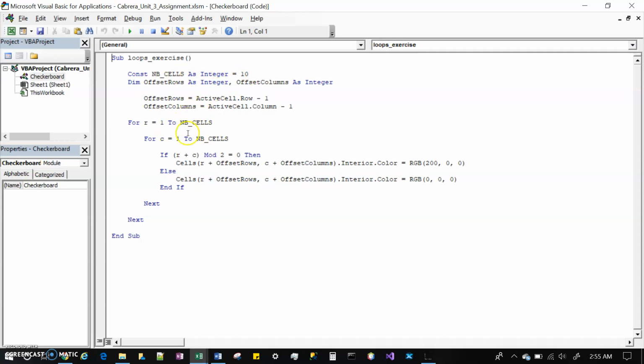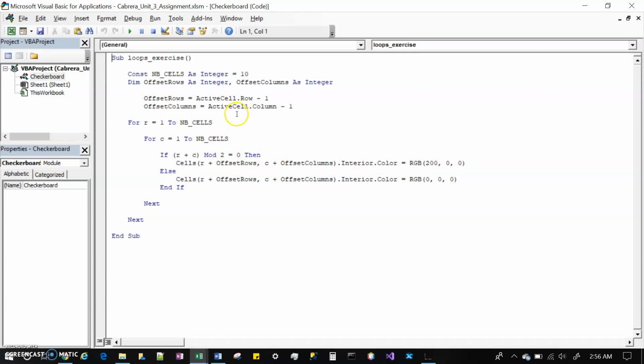Then, a little bit of a departure from the prior steps, where it started off in A1, they used the For statements right here, R equals 1, C equals 1, and then an If Else statement, and then ended the Sub. So to offset this and change it to where I can